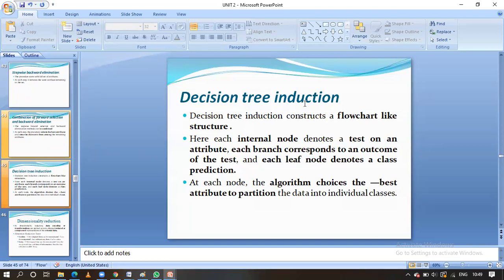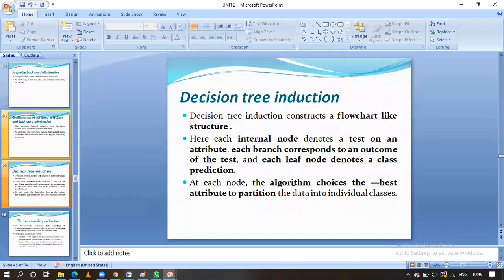Here, the main important thing in decision tree construction is which attribute we are going to use to partition. For that we have seen the method in ID3. Previously we saw entropy, and the information gain we are going to calculate. From that we select the best partitioning attribute and make that the root. That process we have already explained, based on the gain of the attribute values.